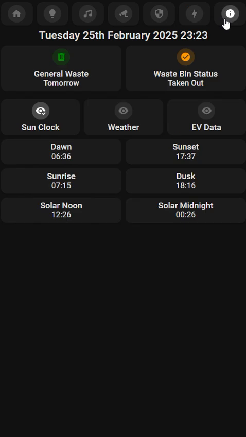Last but not least, we have the info page, and the info page at the moment is showing us information about my waste, the different bins that I have. So I have a general waste bin, a paper and cardboard bin, plastic bottles, and garden waste. So tomorrow, which is going to be Wednesday the 26th of February, this will update accordingly to show the general waste, and